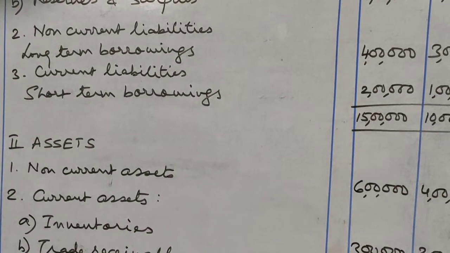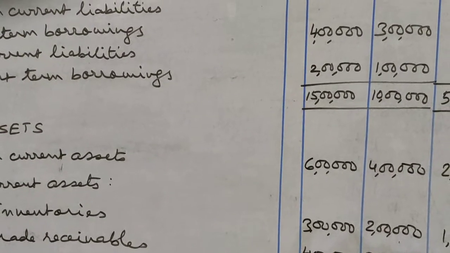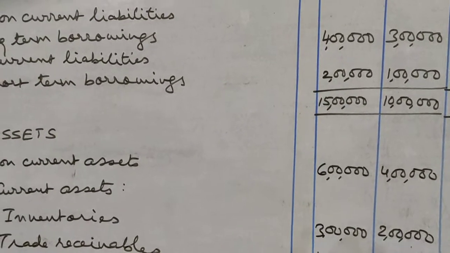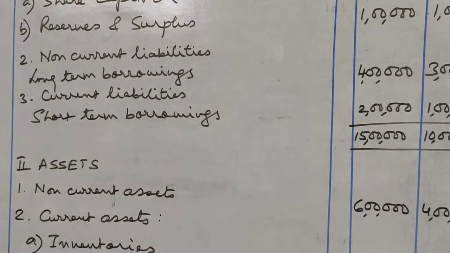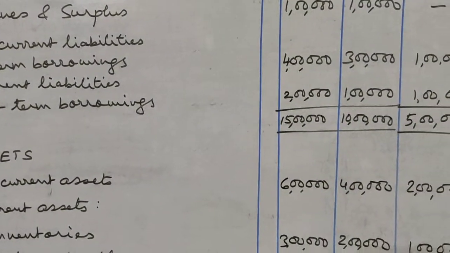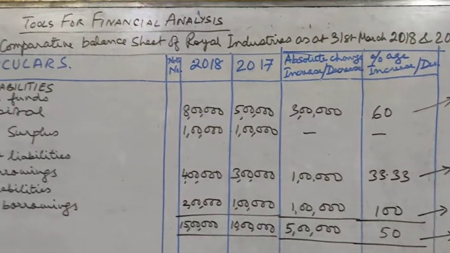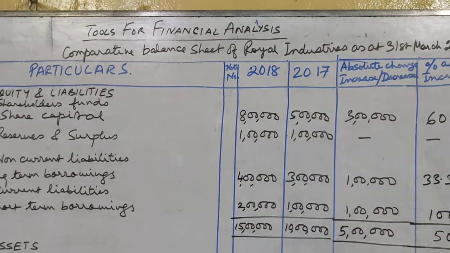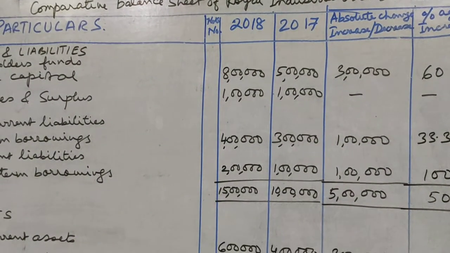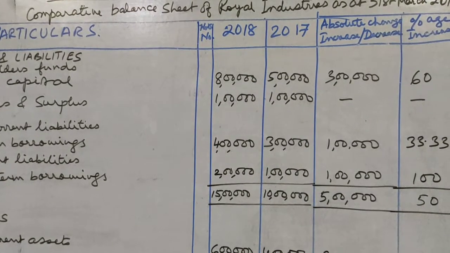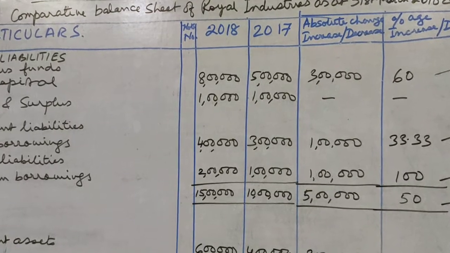Now from the total revenue we will deduct the total expenses. That gives you profit before tax. Then less tax. Now tax rate may be given in the question. So if tax rate is given, then you will calculate the tax according to that rate. So less tax, that gives you profit after tax. So similarly, we will also prepare a comparative statement of profit and loss. But then the heading will be comparative statement of profit and loss for the year ended 31st March of present year and of the previous year.